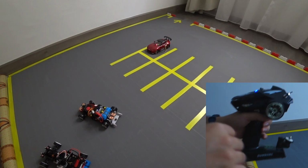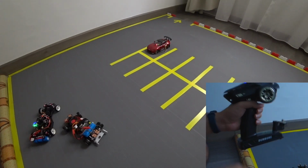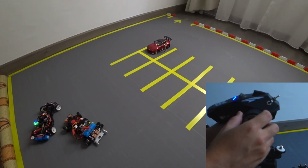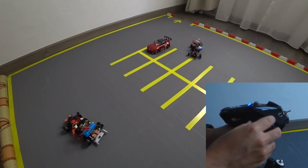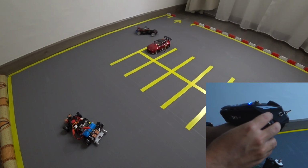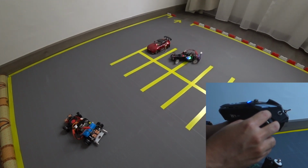Okay, so I'm going to change it to the V3 on my BMRX. So I'm changing to my BMRX, right? And I'm going to do the same, which is clockwise. And when it starts drifting,